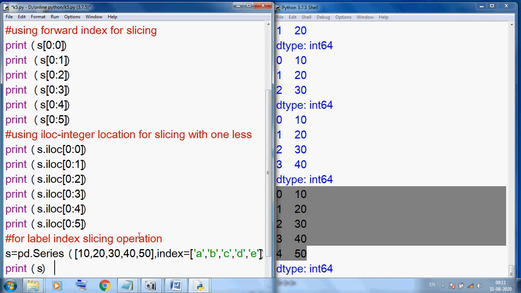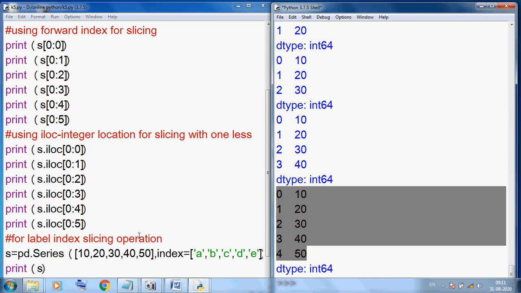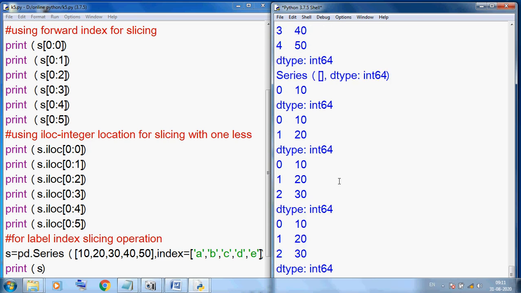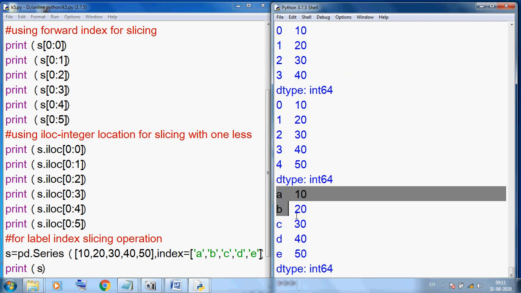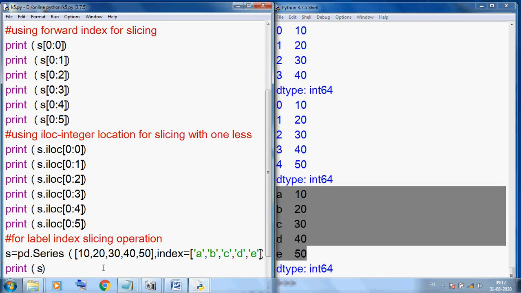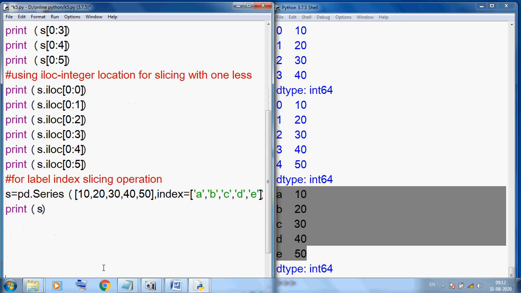So you can see Control S, F5, and the output. This is our label index, because pandas Series provides a good facility. We can change our default index into label index. For label index slicing, we can use loc.